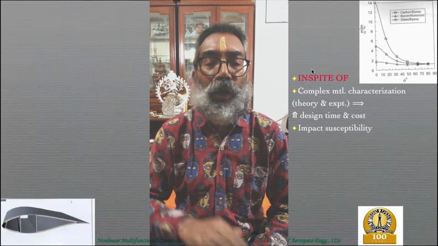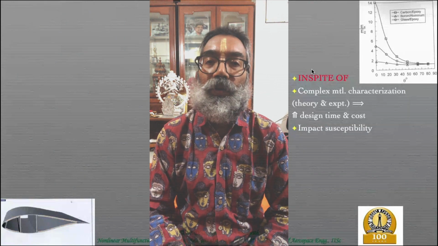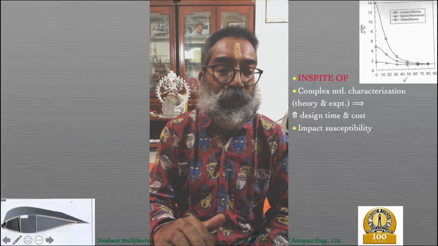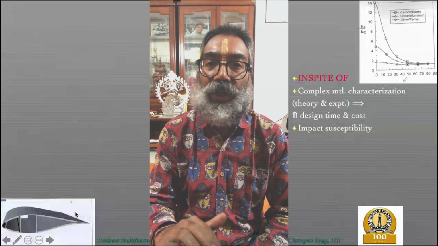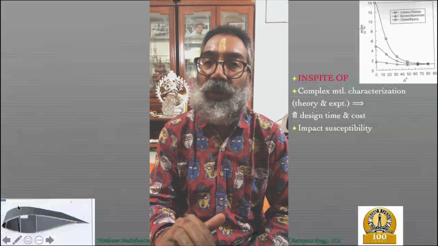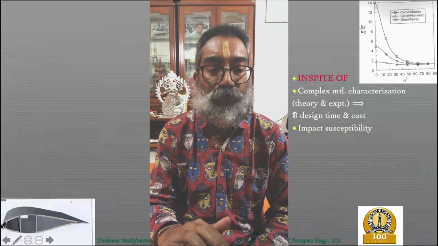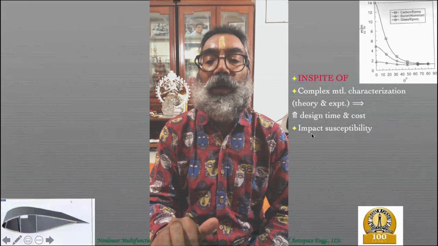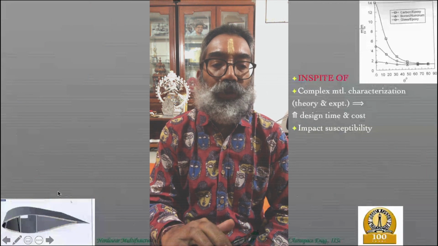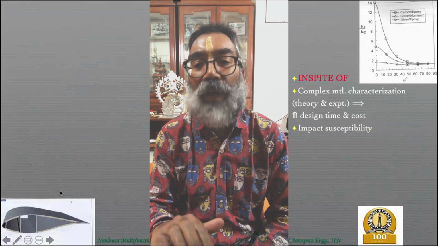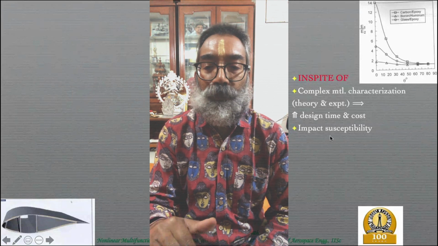The second issue, I think we discussed in the previous class also, a very good point brought out by one of the students, is that you would see that the leading edge is typically in many aircrafts, even though the whole wing might be made out of composite, the leading edge might have a metallic component or a covering, which is basically because of the impact susceptibility of composites, because the leading edge is most susceptible to impacts, and therefore you would want to protect it,